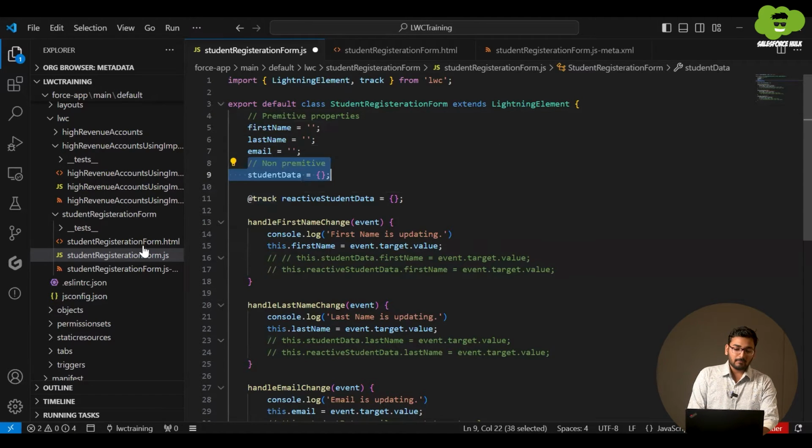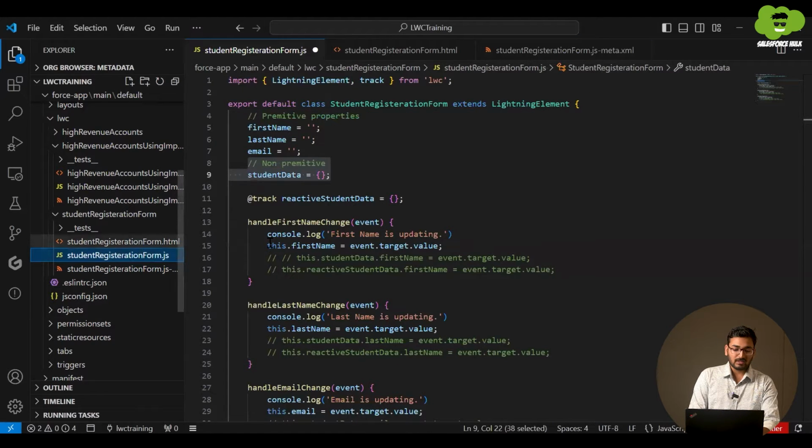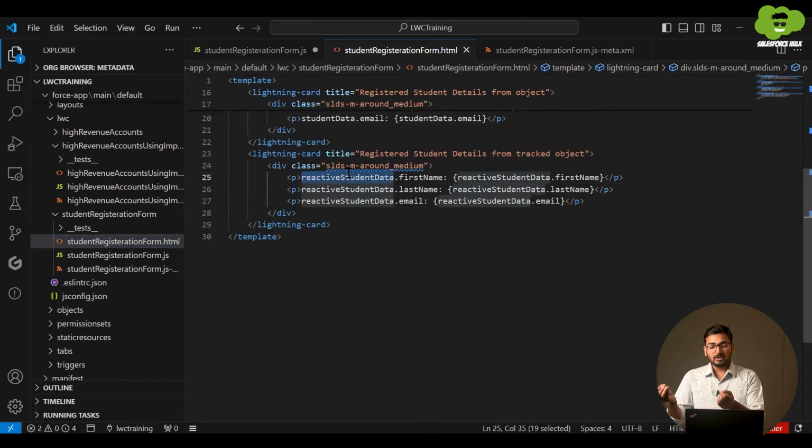Now in the third card, if I show you in the HTML, we have a reactive student data named property. This property is also displaying the first name, last name and email.